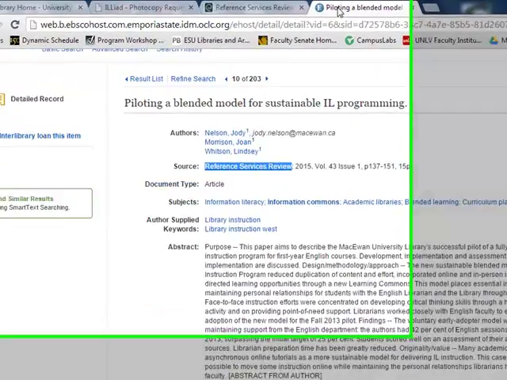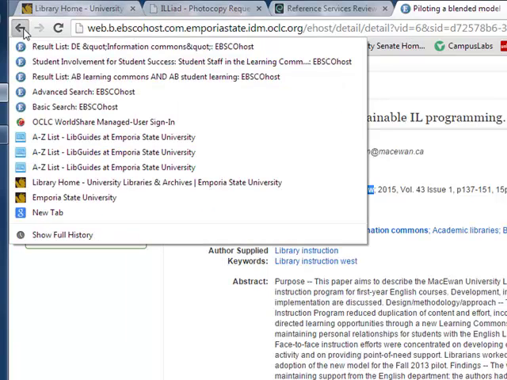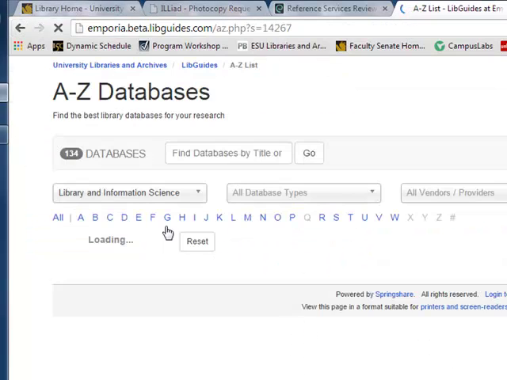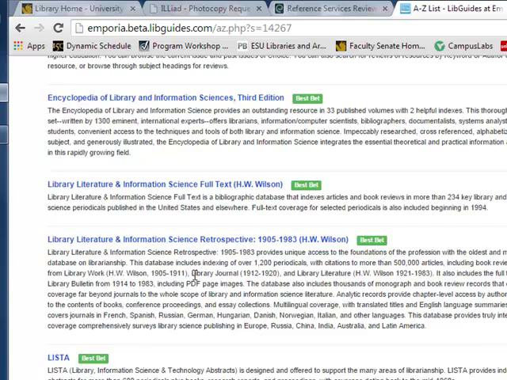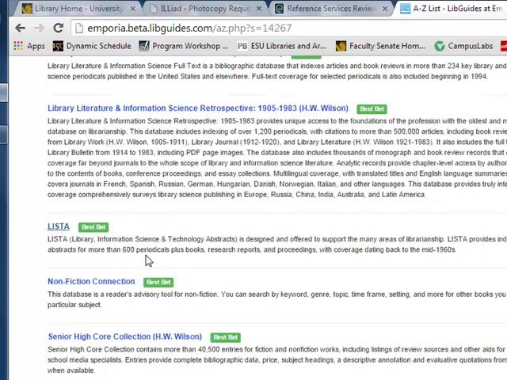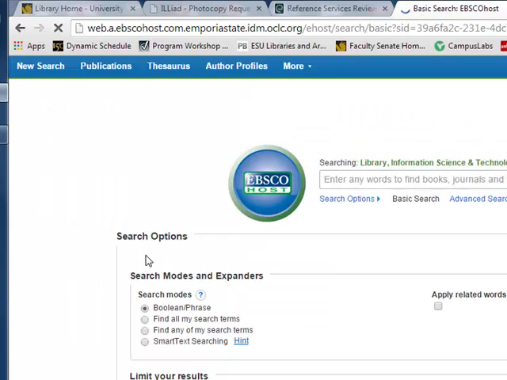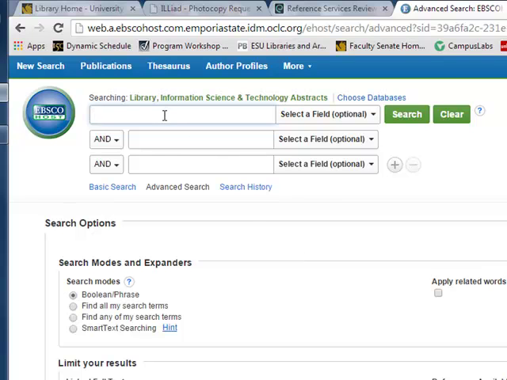Let's go back to our search. And I'm now going to go back to the A to Z list. So again, back under Library and Information Science, Lista is the other one I was mentioning that you can use to do a complementary search, because you may find some journals in Lista that might not be actually indexed or appear in Library and Literature full text. So if I did Learning Commons and Student Learning,